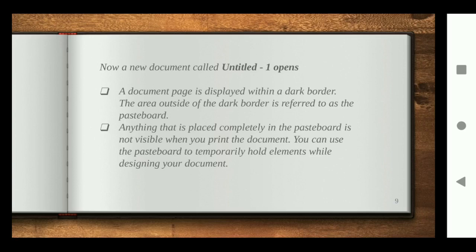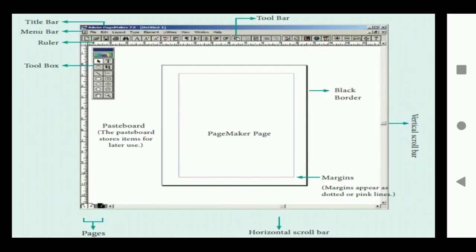There is particularly an element named pasteboard. The pasteboard has a very prominent function. Whichever text you copy, it will keep a backup copy with itself, which won't be shown on the screen but can be accessed. So that is called a pasteboard, which temporarily stores the contents of the page. So this is the page.